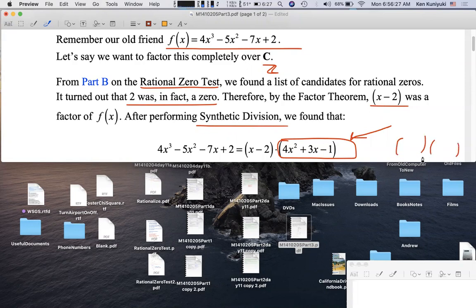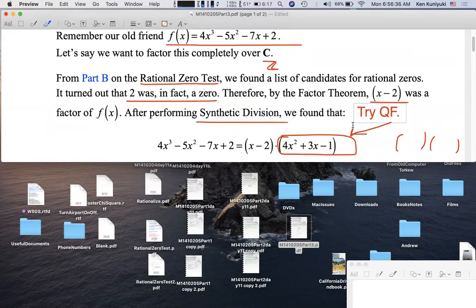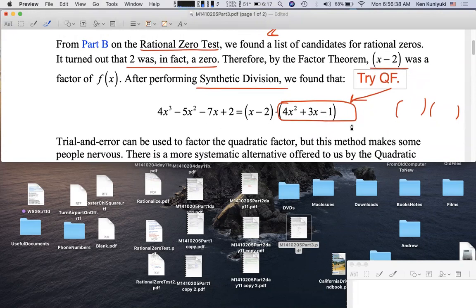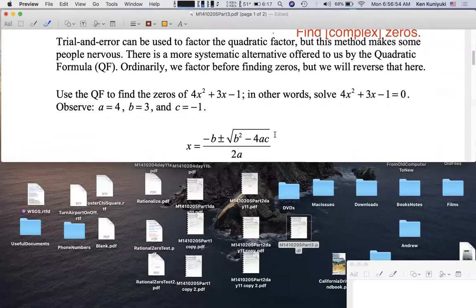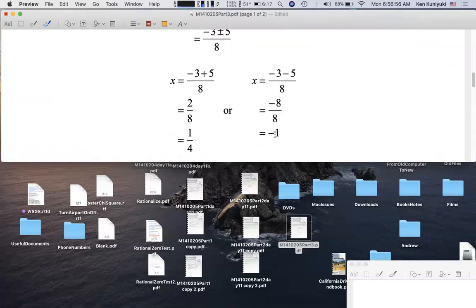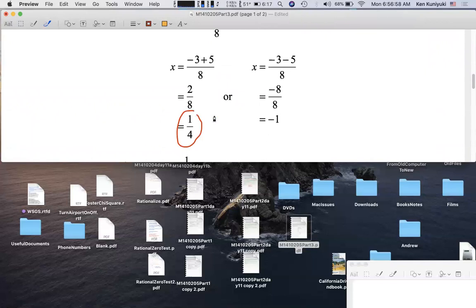They might want to use what formula? Why don't we try using the QF, the quadratic formula? That should be able to help us. So let's apply the QF, the quadratic formula. Let's find the zeros first. They're potentially imaginary. In general, we're going to find the complex zeros. They could be imaginary. So when you find the zeros using the quadratic formula, you get 1/4 and -1,